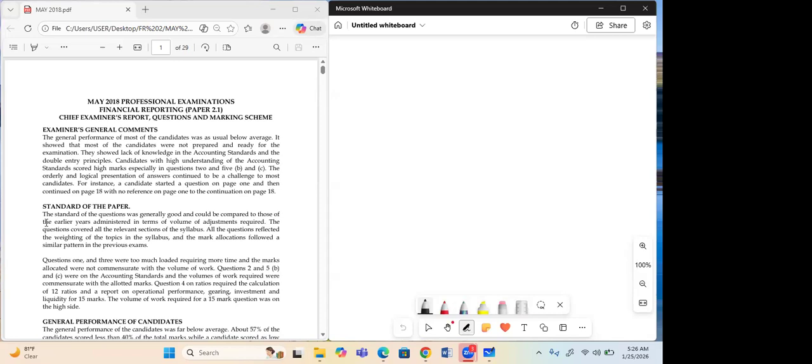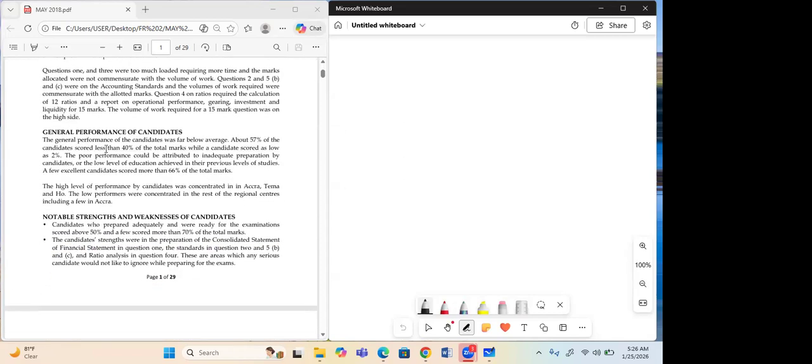Yes, sir. You need to draw the examiner's attention to that. Now, standard of the paper with general performance of candidates. The general performance of candidates was far below average. About 57% of the candidates scored less than 40% of the total marks, while a candidate scored as low as